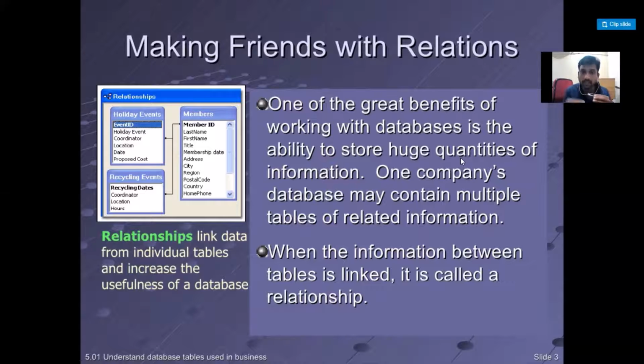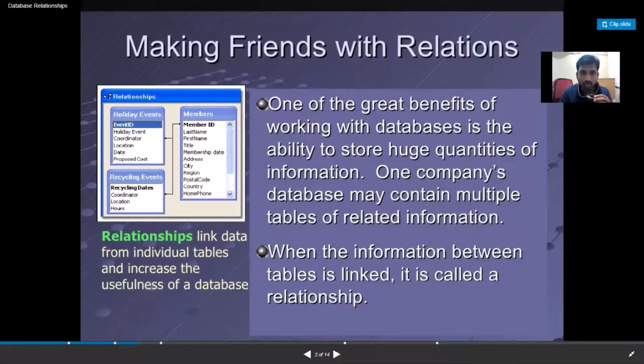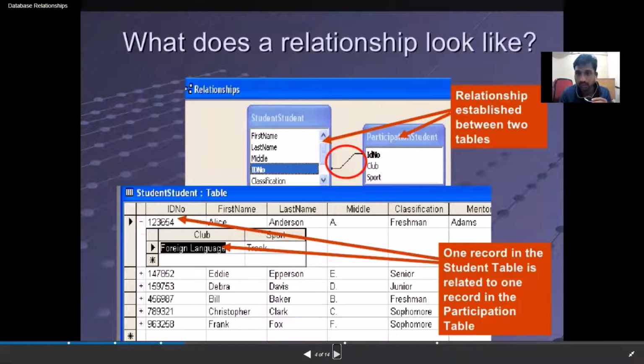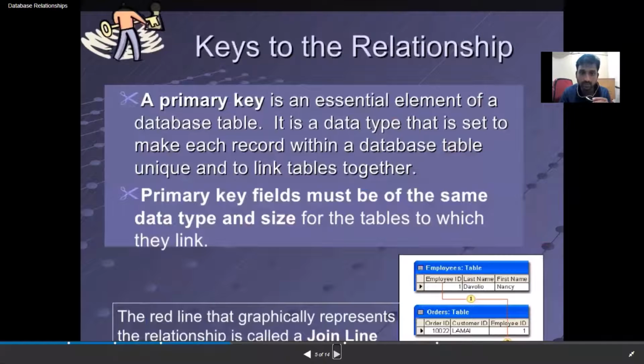So with the help of linking, we can retrieve and manage the data collectively. In the sense, suppose some changes are required in one table, that will affect everywhere the connection is there, and it is automatically updated. So that is called a relationship. Okay. So what does a relationship look like? A relationship is established between two tables, like one table is student and another one is participant. Between these two tables, the relationship is executed. It is one example. I will show a practical example, I'm just saying it theoretically.